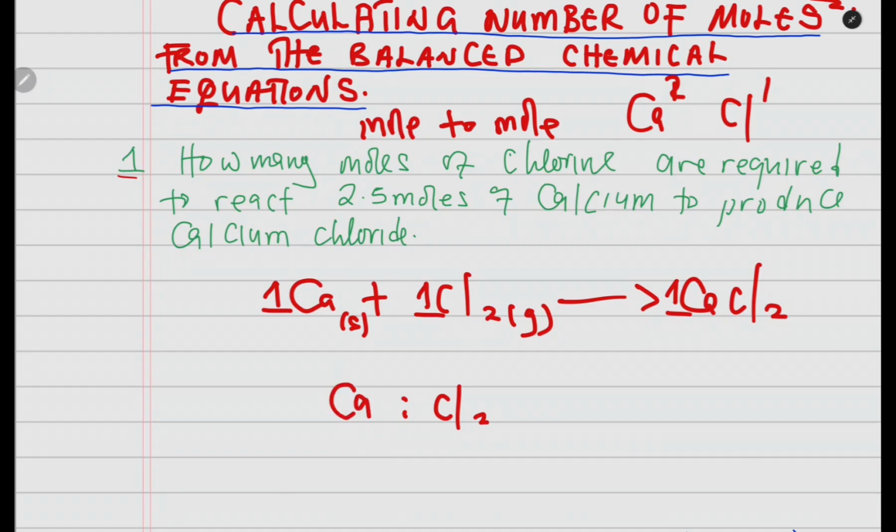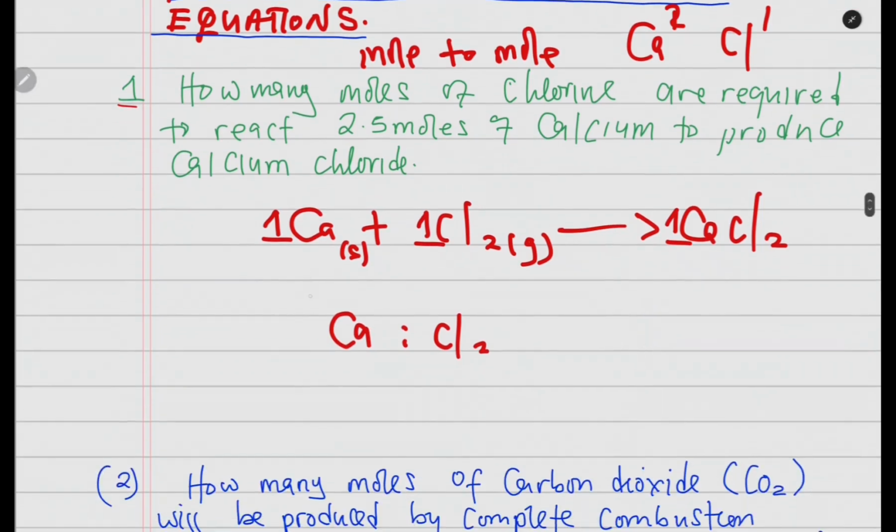So which means also calcium. So you are forming the ratio of calcium and chlorine. Now, from the equation, the balanced equation, the numbers in front of these reactants or products, you treat them as moles or number of moles. So there's a 1 in front of calcium. If there was a 2 here to balance, we would have written 2, but it's 1. Okay, so 1 mole of calcium, in this case, reacts with